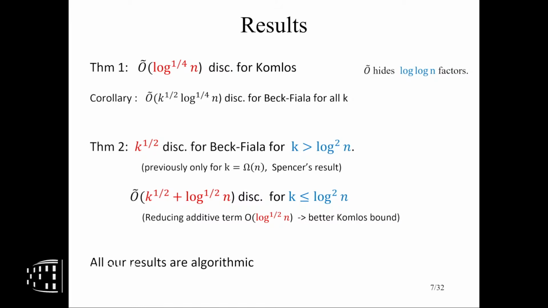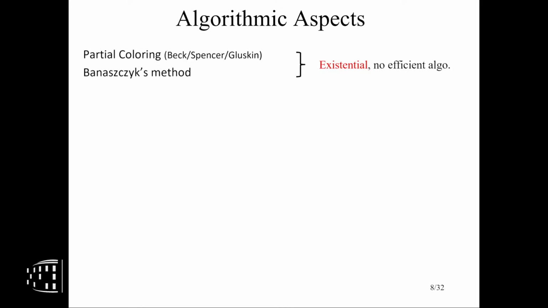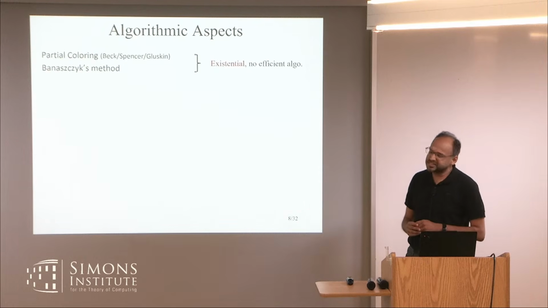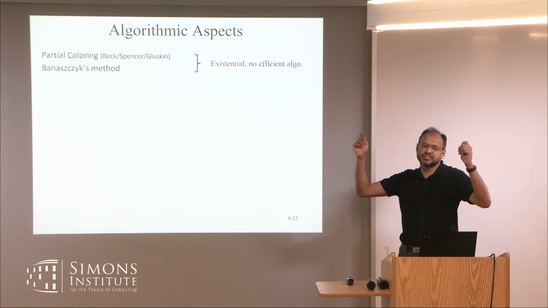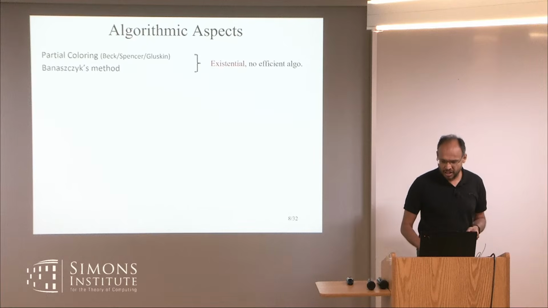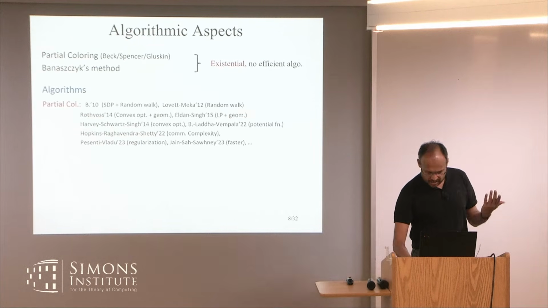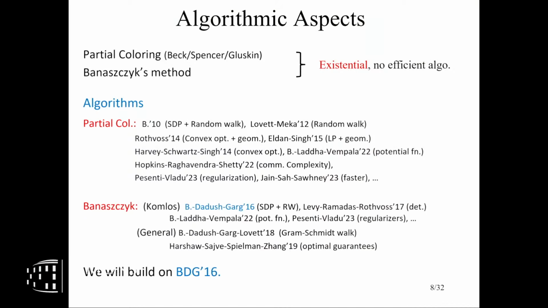And maybe another thing: all our results are algorithmic, and they run in polynomial time. The reason I say this is that the previous methods I mentioned were, by some mysterious coincidence, existential. They showed you the existence of a good coloring, but based on the methods they use, they didn't give you polynomial time algorithms. And in the last 10, 15 years, there's been remarkable progress in making both of these methods algorithmic in various different ways. It's become a whole area by itself.